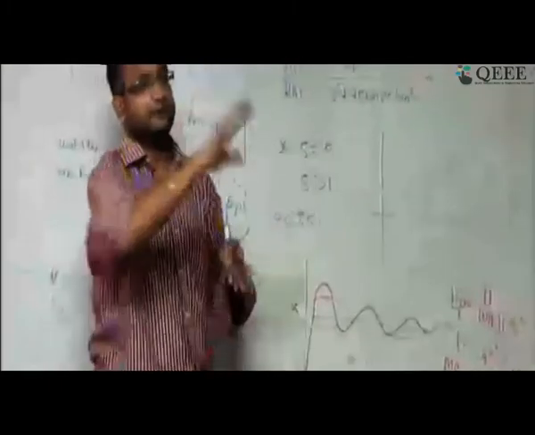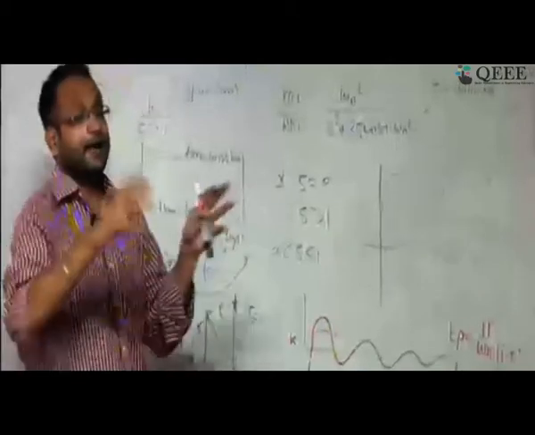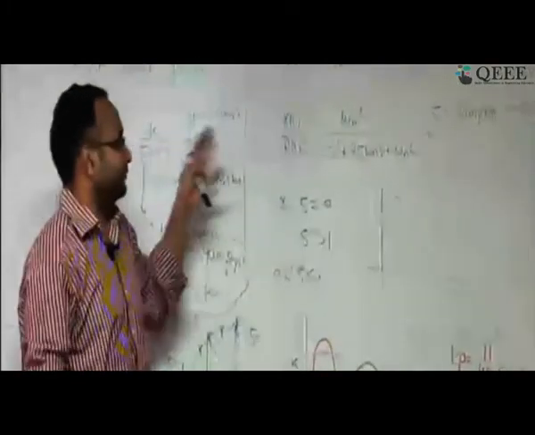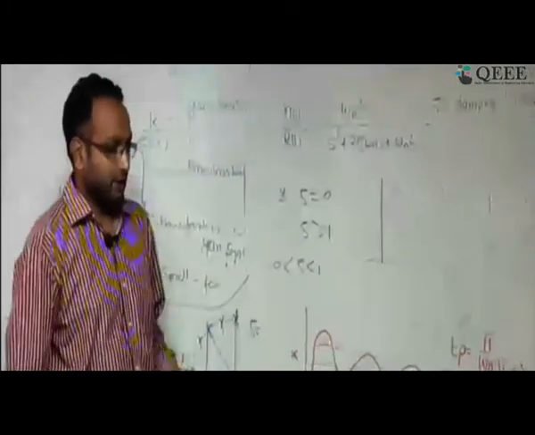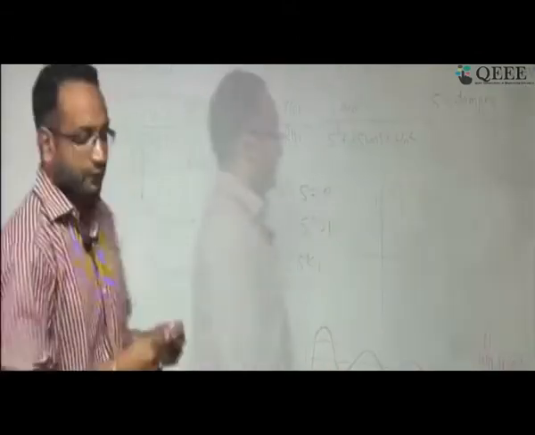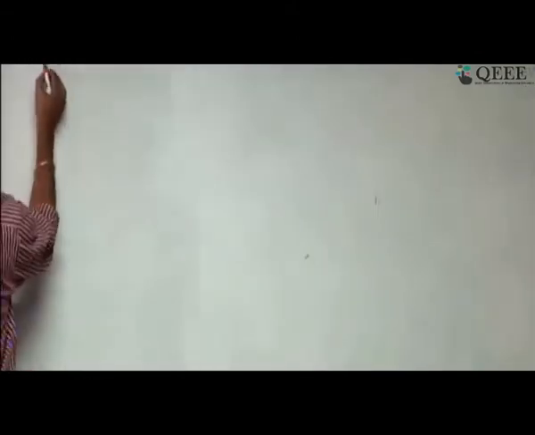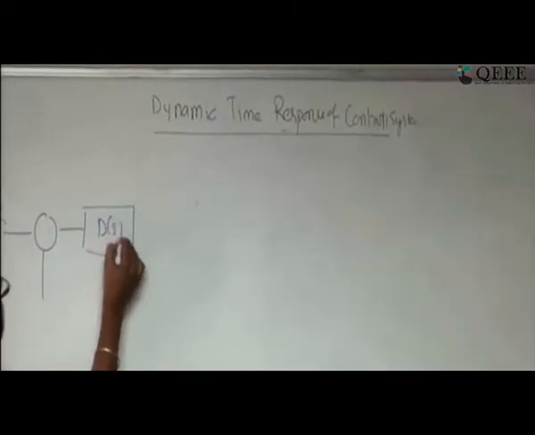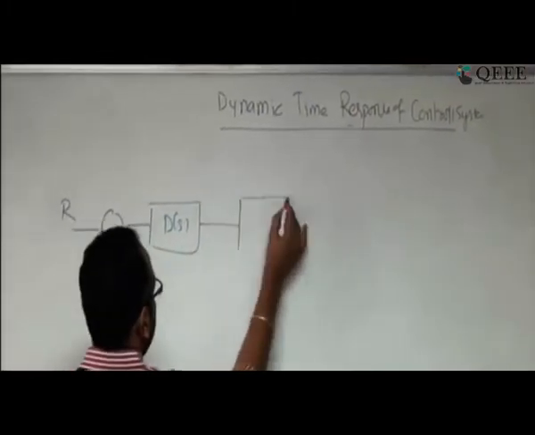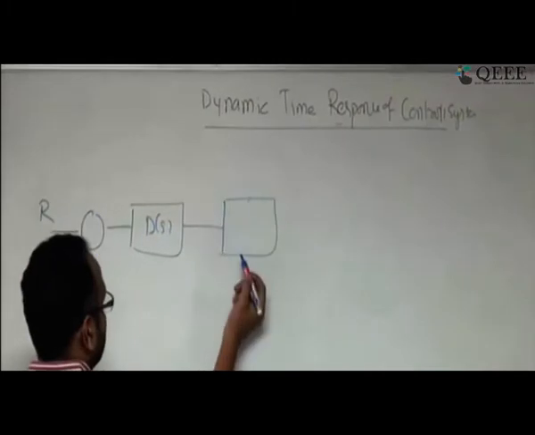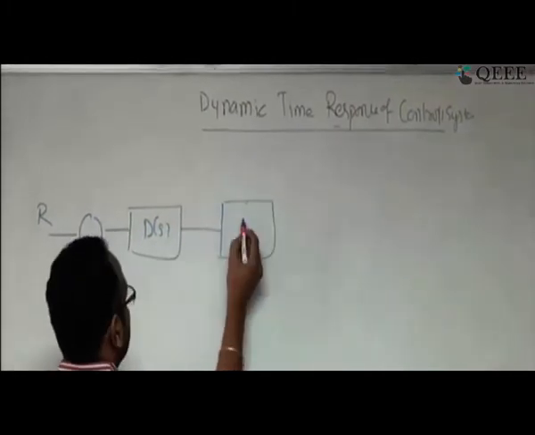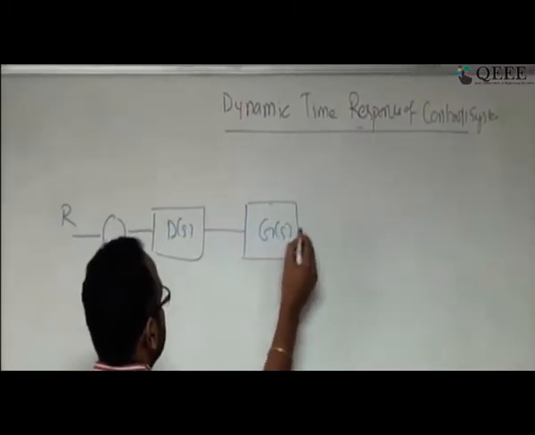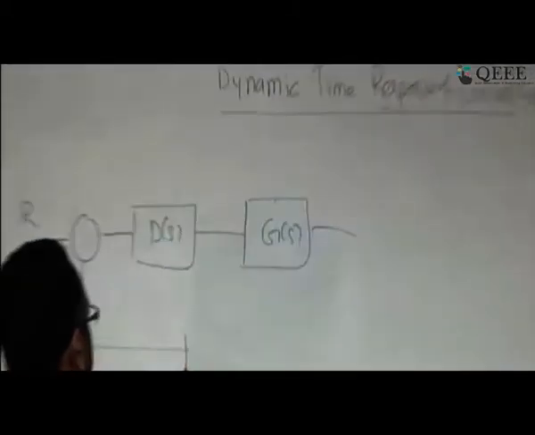In any control system, a sequence of blocks, a cascade of blocks, each block is defined by some transform, by the Laplace transform of the impulse response. We want to understand the effect of the controller. So let me draw a typical block diagram of any control system. This I had mentioned as D of S, and this is the actuator plus plant, the entire thing I am writing as G of S, and this is going to be a